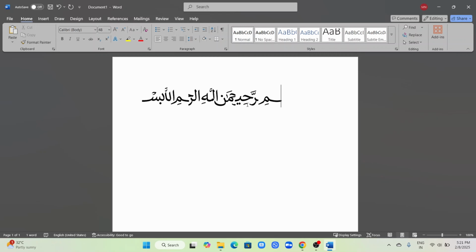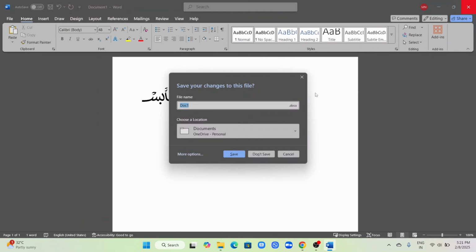One important point you need to consider: if your laptop is new or recently formatted, there is a high possibility that your laptop or PC may not have the required font that helps Microsoft to type this Arabic language correctly. How to check that? So let me quickly close this window